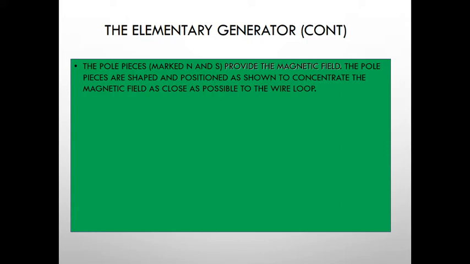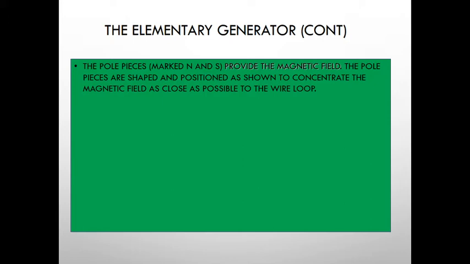So siya mismo, siya ang responsable sa paghatag og magnetic field. So the pole pieces are shaped and positioned as shown to concentrate the magnetic field as close as possible to the wire loop. As you can see, naka-curve form siya, no? So that is the purpose of that form, to concentrate the magnetic field. Kung flat siya, so daghan ta og leakage flux, no? So kung gi-curve siya, so mas mo concentrate pagid ang magnetic field, mas close pa siya sa imuhang wire loop